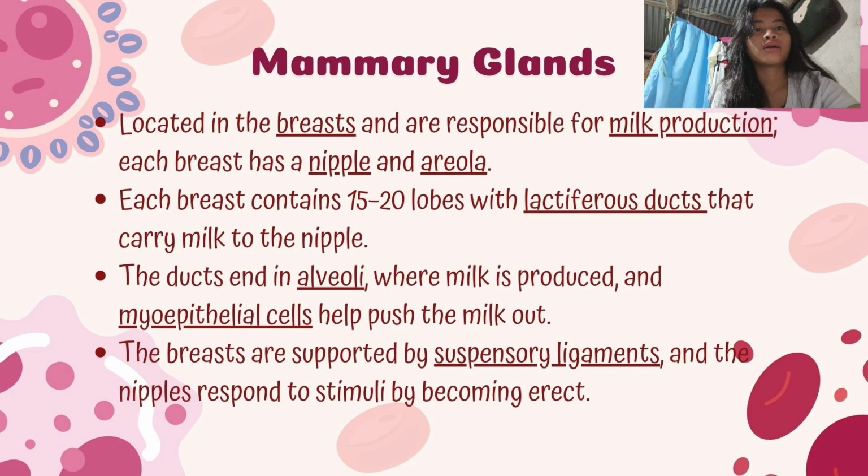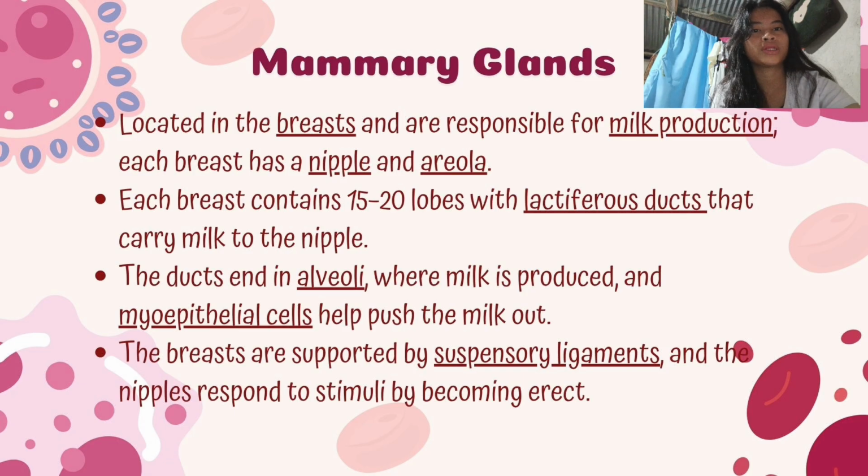At the end of the ducts are tiny clusters called alveoli. The alveoli are where milk is actually produced, and surrounding the alveoli are myoepithelial cells. These are small muscle-like cells that contract and push milk into the ducts, especially when the baby is feeding. The breasts are held in place by suspensory ligaments, which are the Cooper's ligaments, which help maintain